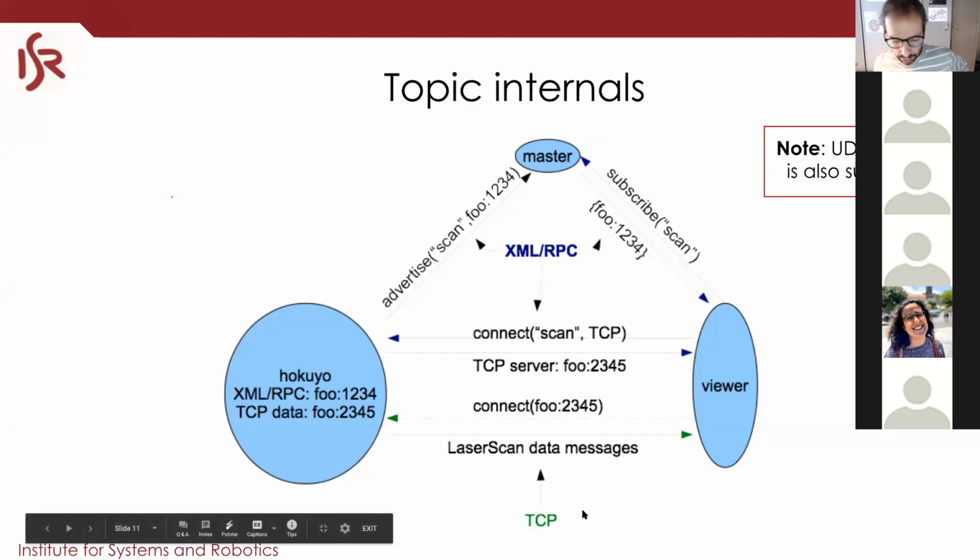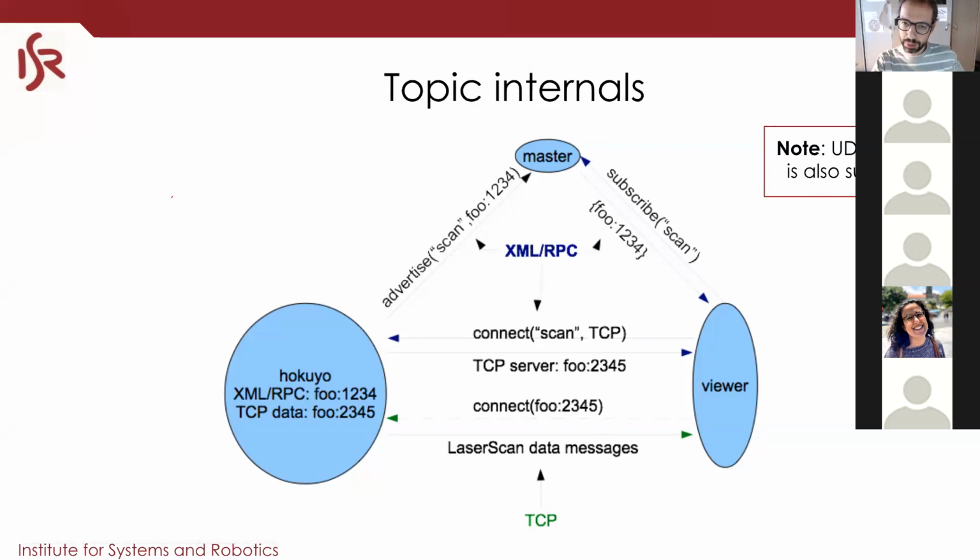Okay, just one parenthesis. As I mentioned before, this course is about ROS 1. In ROS 2, this picture will be very different. ROS 2 revamps the whole infrastructure of ROS. ROS 2 gets rid of the roscore and uses an industry standard called DDS. Also because ROS is very popular in academia, not so much in the industry.